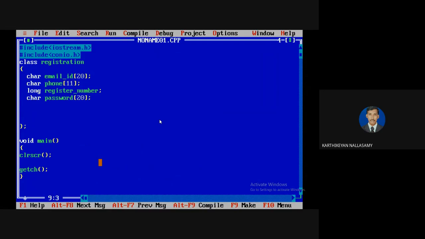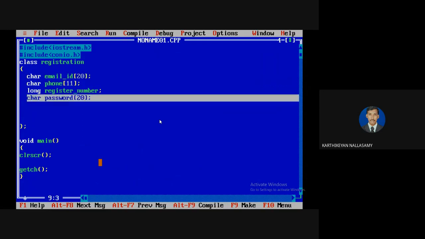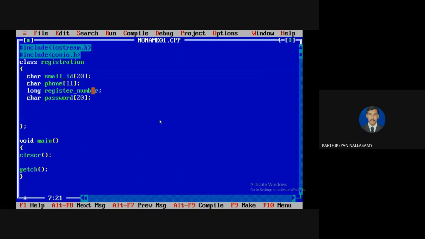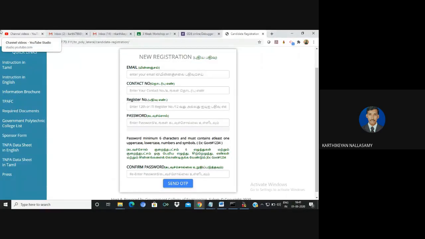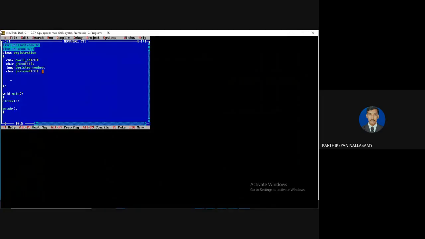Now, even if you go for a login purpose, we need a phone number as well as a password. Or sometimes we need register number and password. We'll discuss that later. Now these fields need to be initialized. But normally this is a GUI application, so it is not possible to create it in the same class. This is outside of the environment. Whenever the user presses submit, this information needs to be assigned as the registration part.